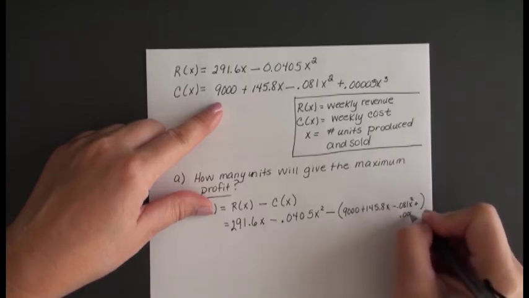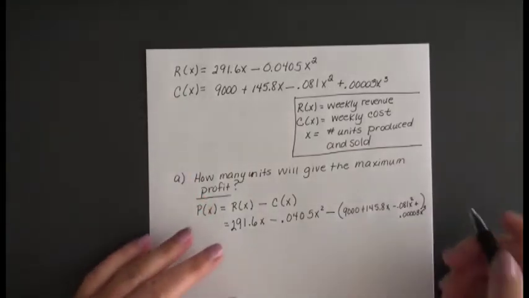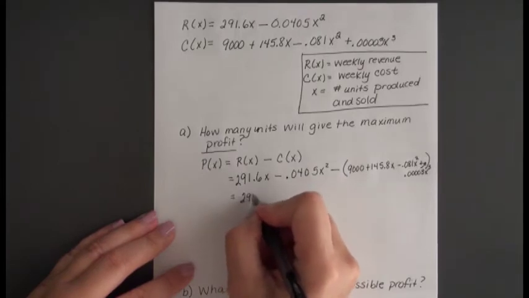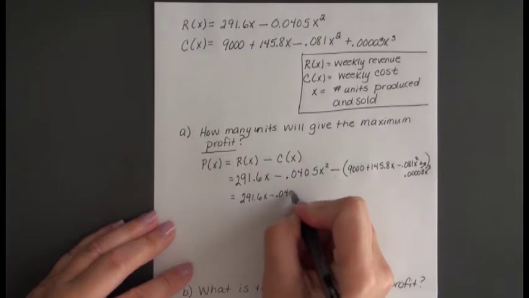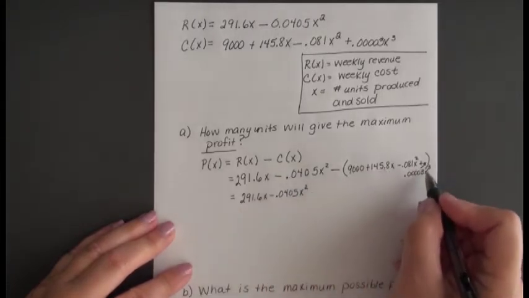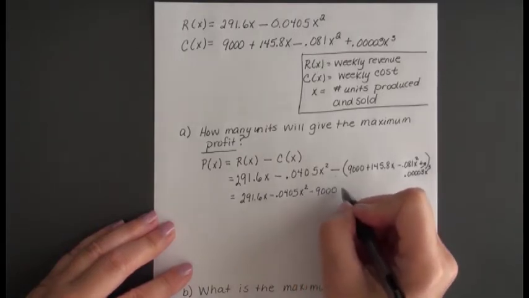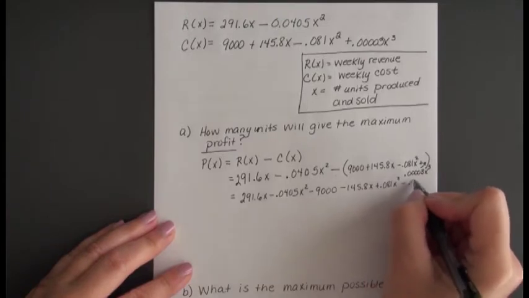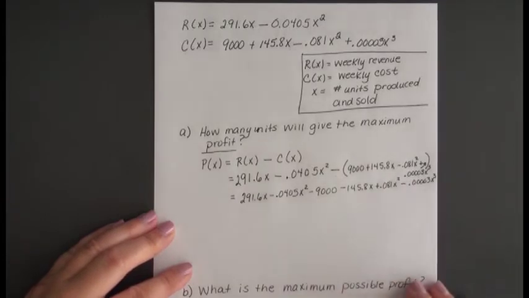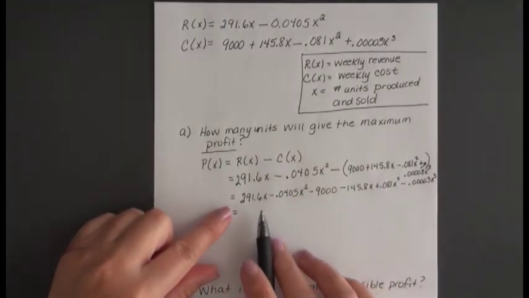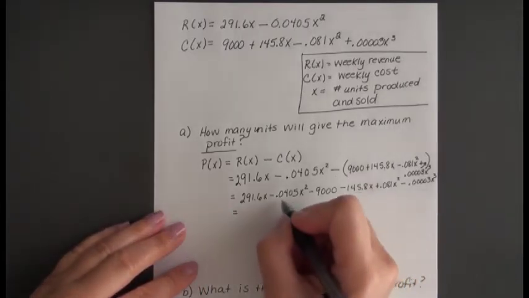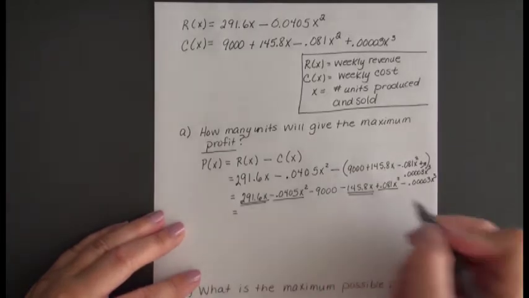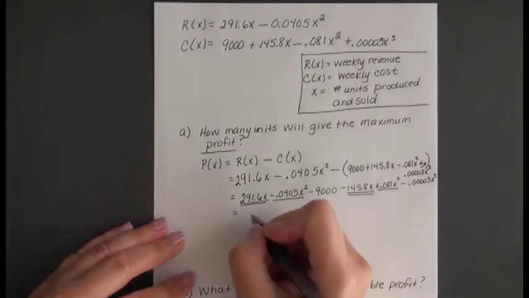And I'm going to scoot the last term down below because I ran out of room. But that goes right there. Okay, so what we're going to have is 291.6x minus 0.0405x squared, and then we need to subtract all of these, which means change their signs. And now what you need to do is combine the terms that are alike. So I've got some x squared terms that I can combine, and I've got x terms that I can combine. So we'll combine those terms and end up with minus 9,000